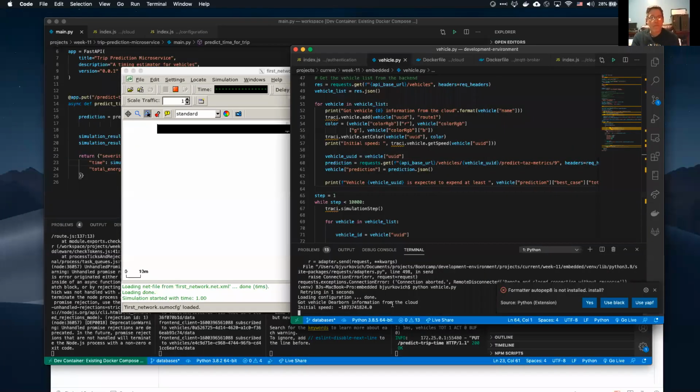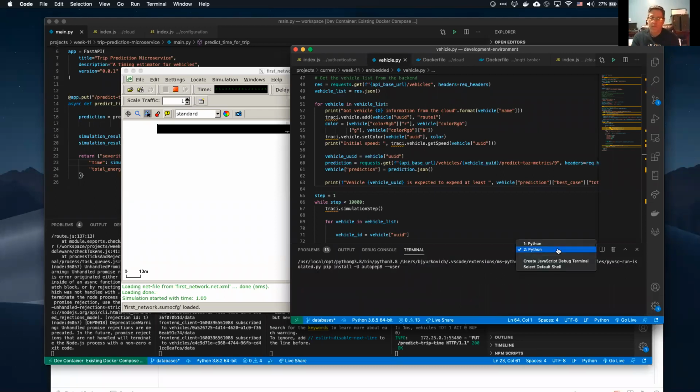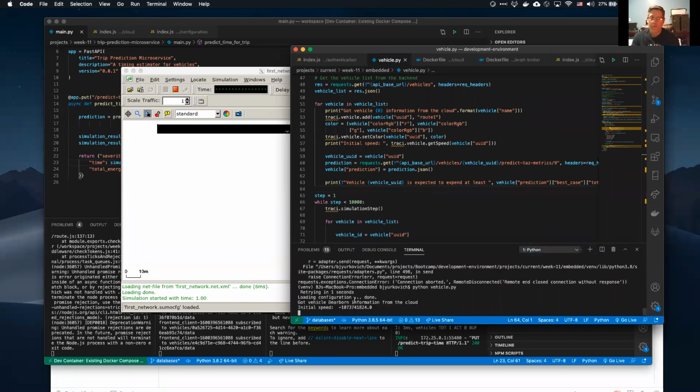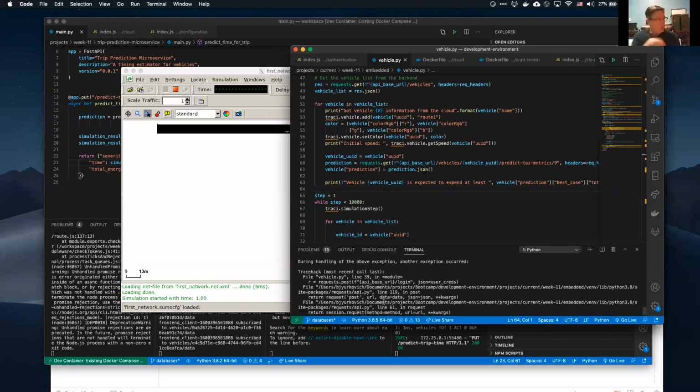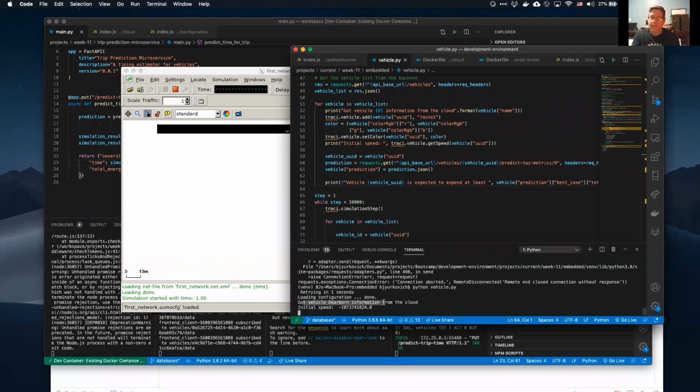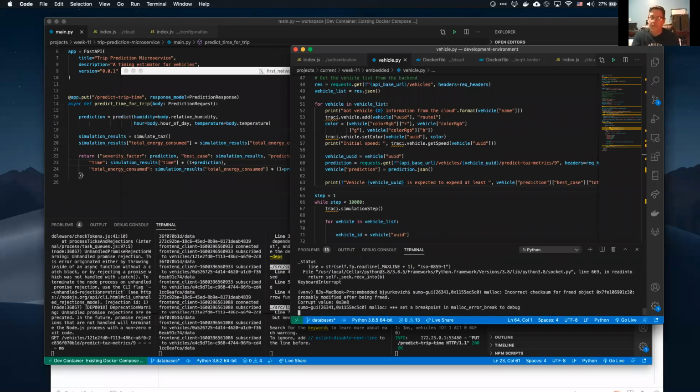So you can see here that we got vehicle information, but then there was an issue. What was the issue? Something about a connection closed.